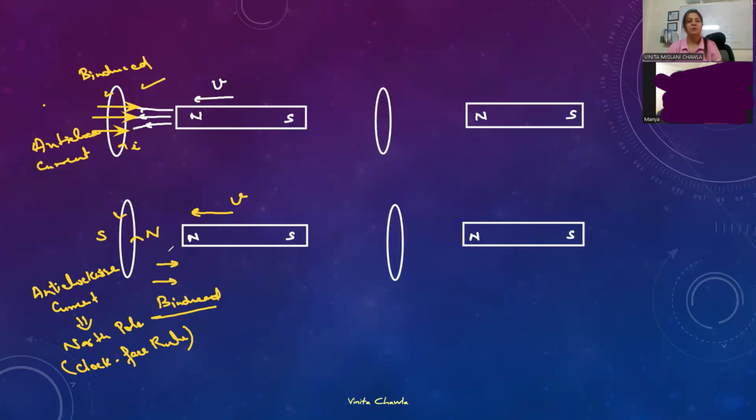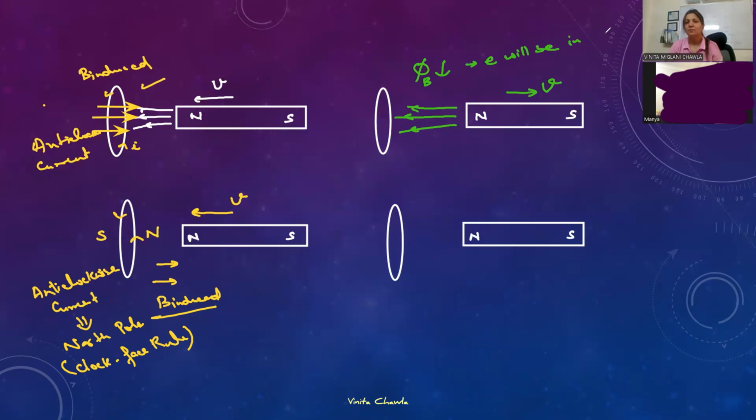And what if this magnet is moving away? If this magnet is moving away from the coil, then what? The number of field lines entering the coil will decrease. So phi B, the magnetic flux linked with the coil, would decrease. EMF will be induced,